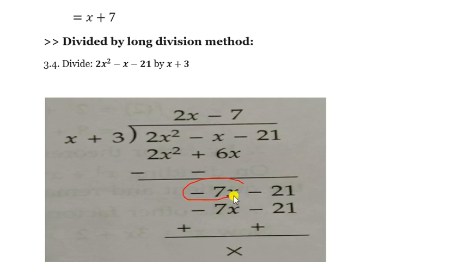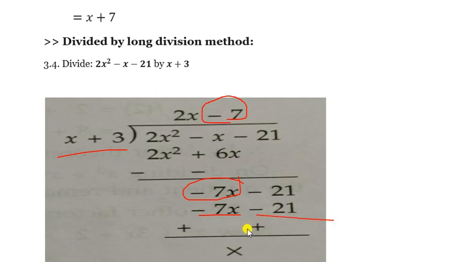Now again here the first term is minus 7x. So we have to make now minus 7x. How will we make minus 7x? Always you have to take any number here and multiply it with this divisor completely. So if we take minus 7, then only we can make minus 7x, because already x is given. So we have to take only minus 7. So minus 7 into x is minus 7x. Minus 7 into plus 3, minus plus is minus, 7 into 3 is 21.